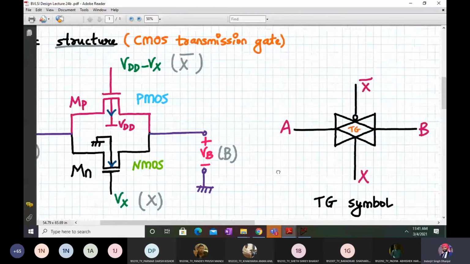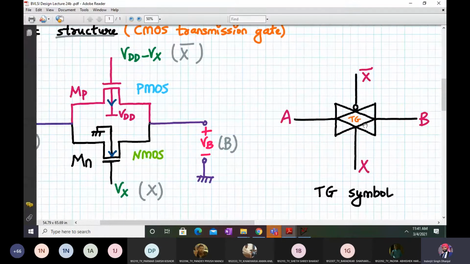Now this is the transmission gate symbol. You can see there are two arrows, one going from left to right and one going from right to left. Here we have drawn a bubble, which indicates it is X bar, complementary. Whatever you have over here, this will be the complement of that. If X bar is over here, this will be X. This symbol represents that this is a bidirectional device. Either you can pass the input from the left hand side or from the right hand side. It will pass in both directions.